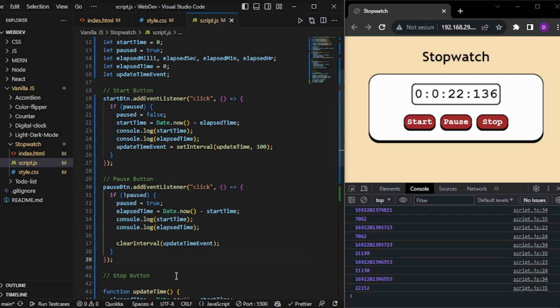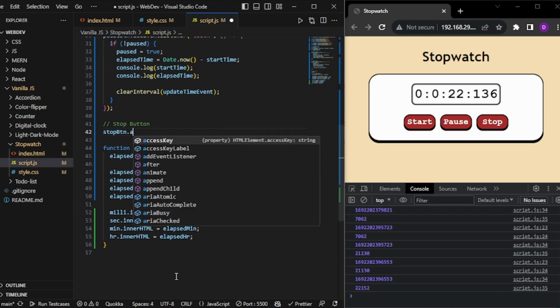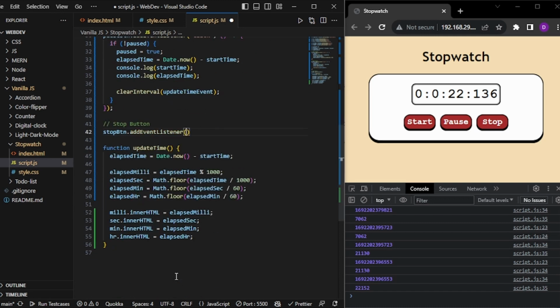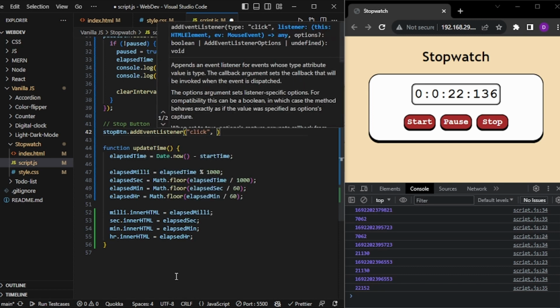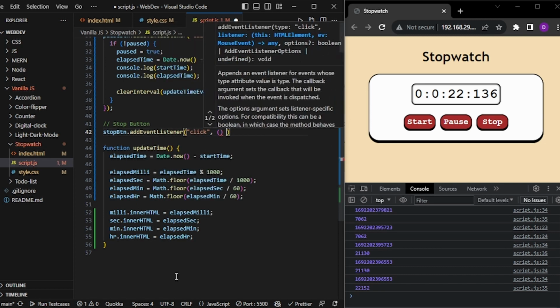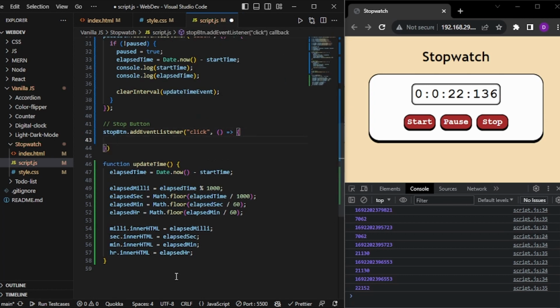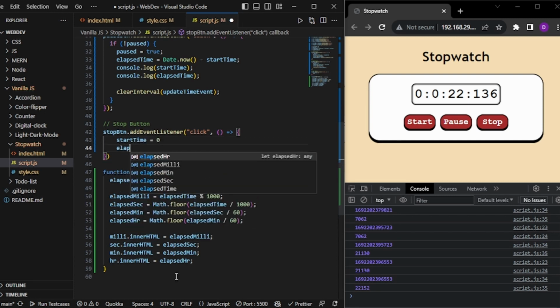So now we will work on my stop button. So again, stopButton.addEventListener, and what we want here, again the event is click, and whenever we are clicking on this, what do we want to do? We want to basically stop everything. So we can simply do that: start time is 0, and elapsed time is also 0,